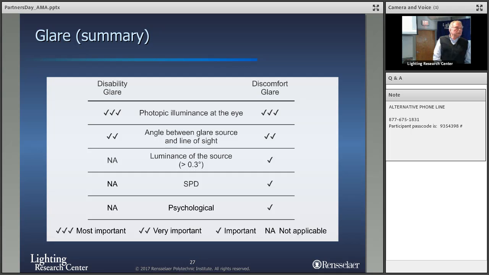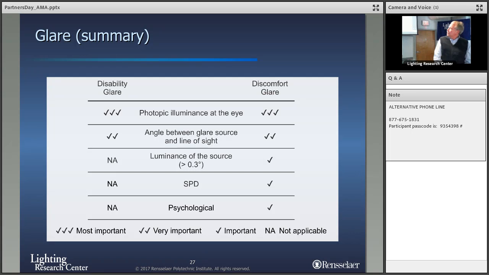The angle from the light source matters. And so in both of those, that's true. The dynamics are slightly different. But for the luminance of the source, the spectral power distribution, and the psychological factors, all of those impact discomfort